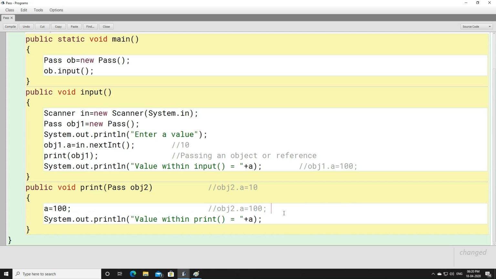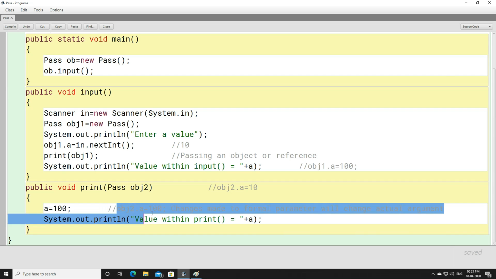So here you can say changes made to formal parameter will change the actual argument.